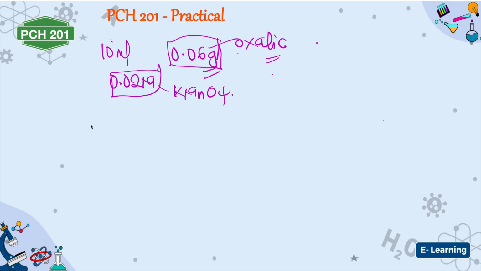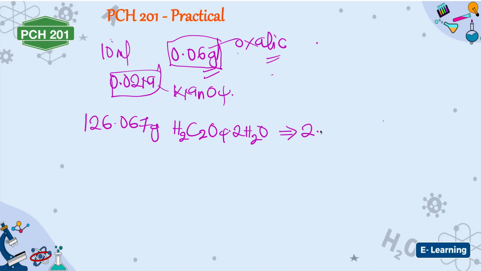They could say 126.07 gram, this is oxalic acid dihydrate, 2H2O, equals